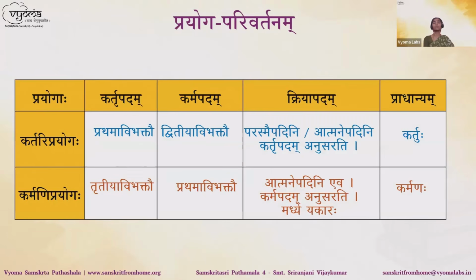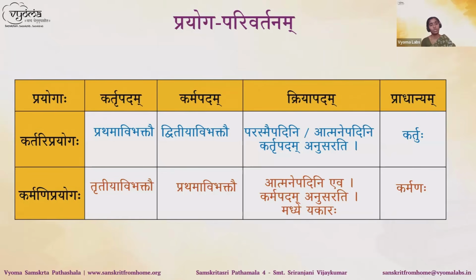This again we saw this. So prayogaha kartari prayoge kartrupadam prathama vibhaktau bhavati, karmapadam dvitiya vibhaktau bhavati, kriyapadam parasmaipadini athava atmanepadini bhavati. So this we know. And kartrupadam anusarati. The vachana vyavastha you should always remember. For any kriya padam, it will have a vachana vyavastha. Whether it has got the vachana sambandha with the karta or the vachana sambandha with the karma, that we should check. If it is a kartari prayoga, the vachana goes with the karta of the kriya padam, right? And the vachana of the kriya padam goes with the karma in a karmani prayoga. So pradhanyam is kartuhu pradhanyam in kartari prayoga. In karmani prayoga, it is